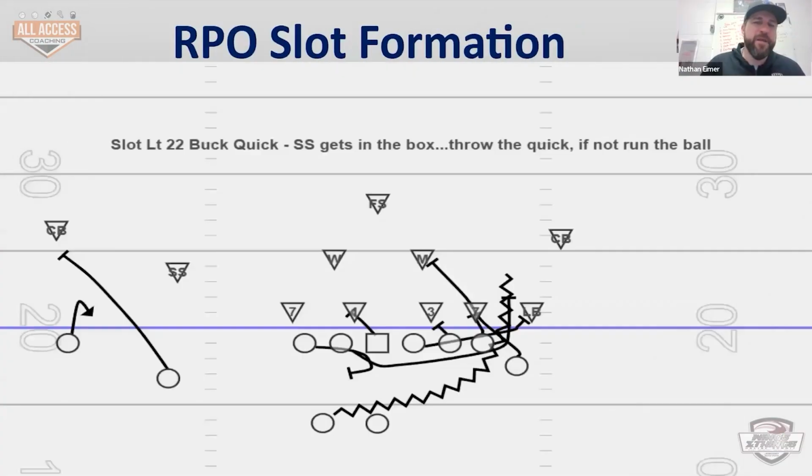So here we go. Okay, so we call this slot, which is funny. We're kind of doing a project this offseason. We may end up calling this a different formation, but this is a 2x2, right? So we got a slot receiver, a slot set up with an off-the-ball wide receiver and an on-the-ball wide receiver. We have your tight end wing base formation. And again,